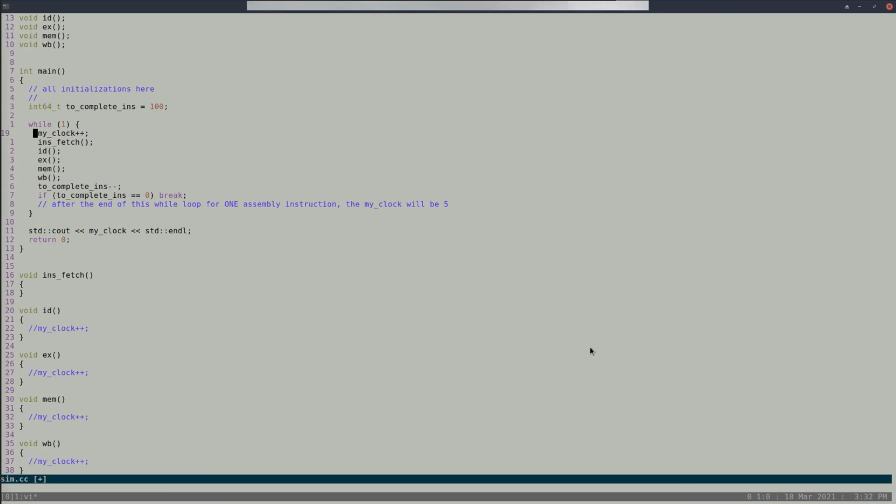This is still unpipelined, and you're doing only one clock cycle for all 5 stages. Why do you think it's unpipelined? Because we're not starting another instruction fetch until WB is complete. Okay, now that's the difference. So when are you starting the first instruction fetch? At what clock cycle are you fetching the first instruction? After the clock is incremented once.